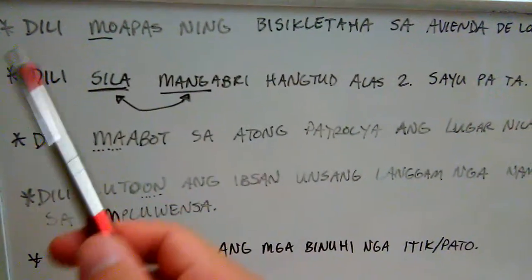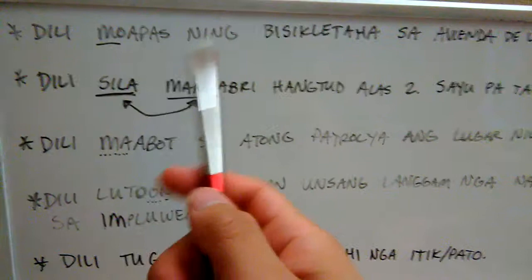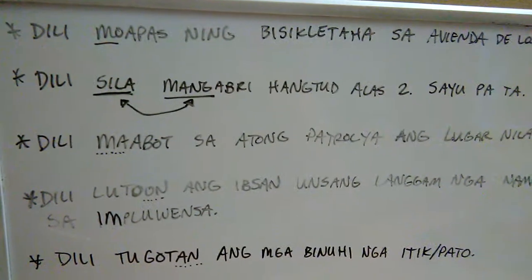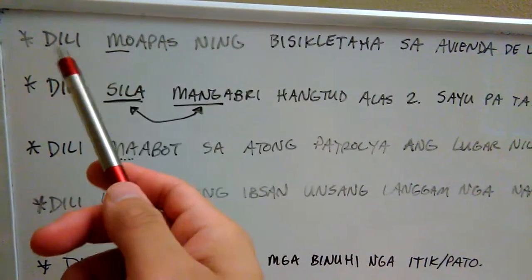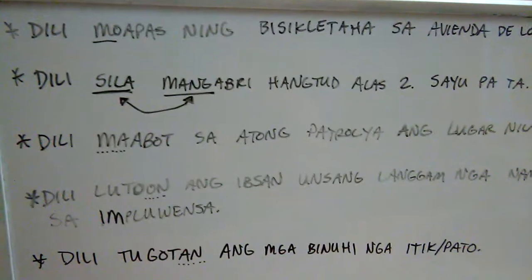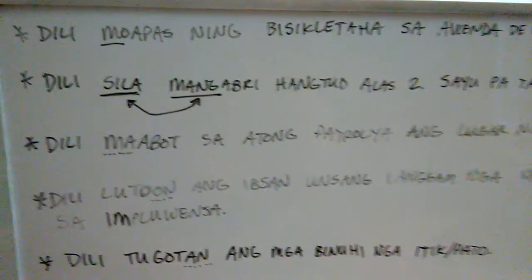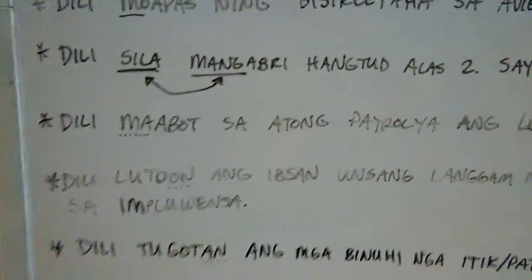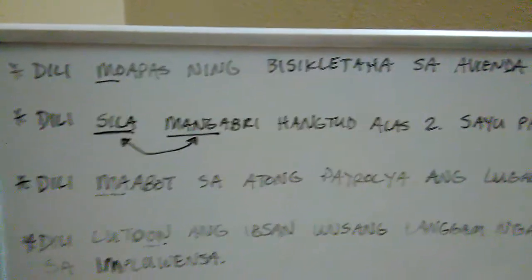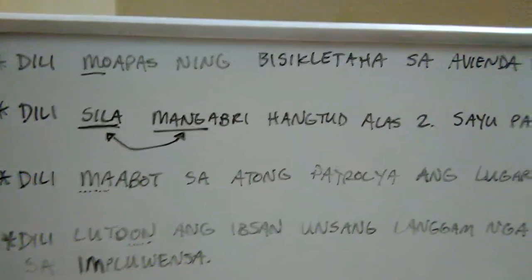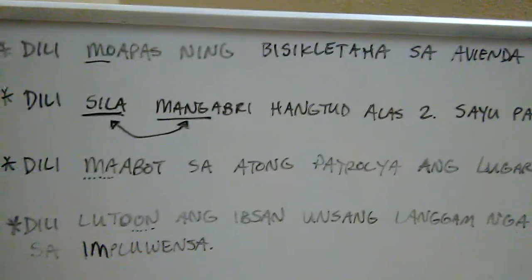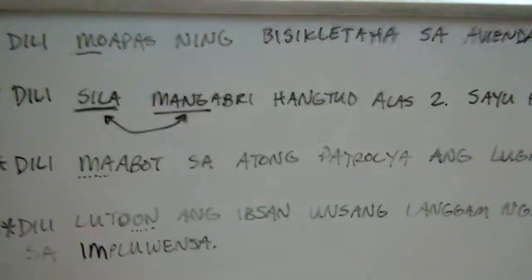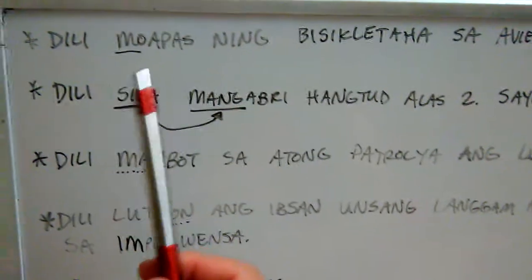And when you're negating an action, right, as long as it's conjugated again with the correct actor focus, it is going to correspond to dili. So we know that, okay, dili, all right. And then there's going to be a verb. So I hear mo apas. Okay, I know something is being negated. So henceforth, we have dili mo apas. Something that's not gonna pass by. And it doesn't matter if mo apas is at the end of the sentence, it's still gonna correspond to dili because they both are connected with that whole actor focus kind of deal, right?